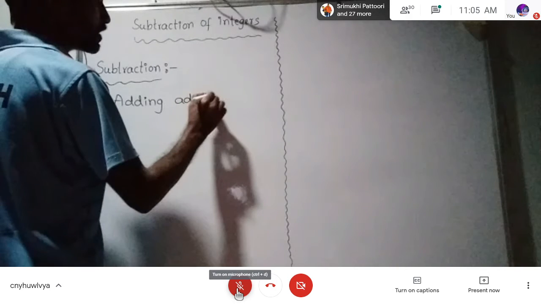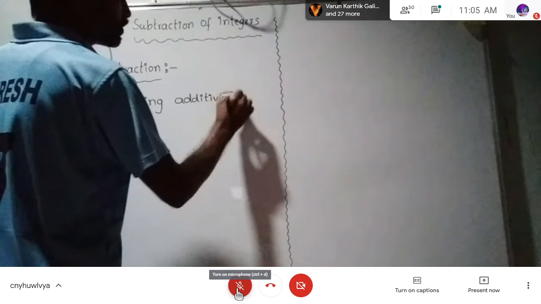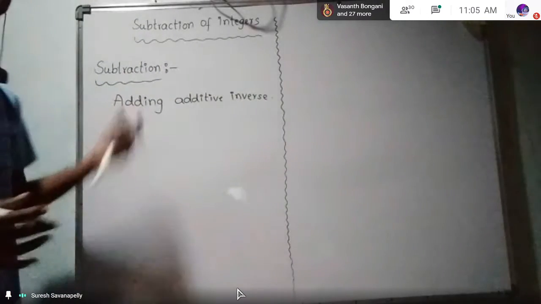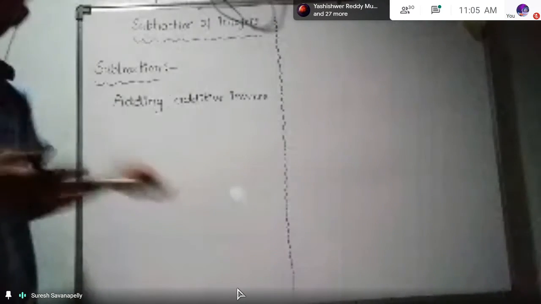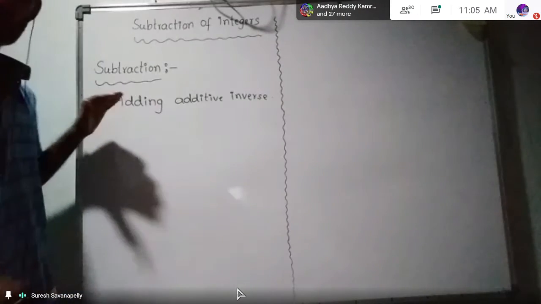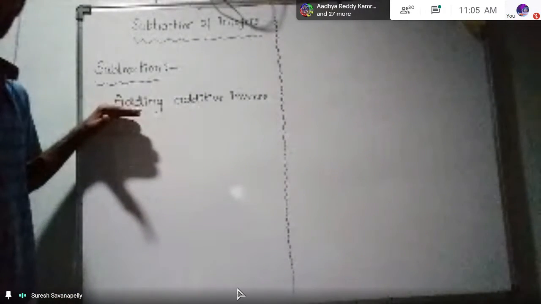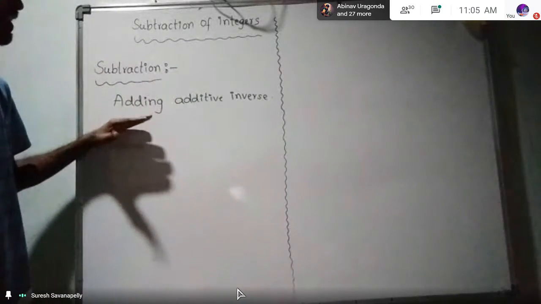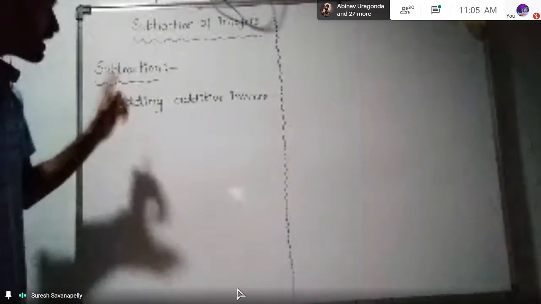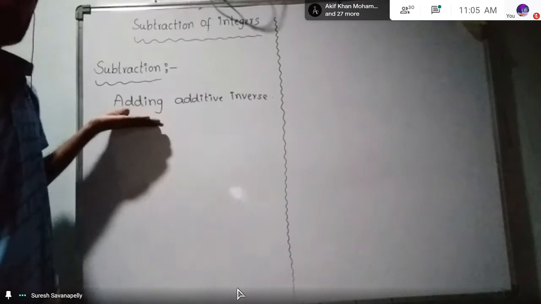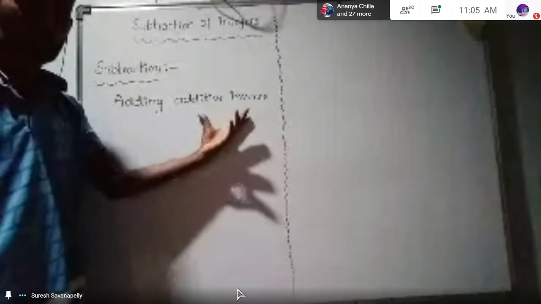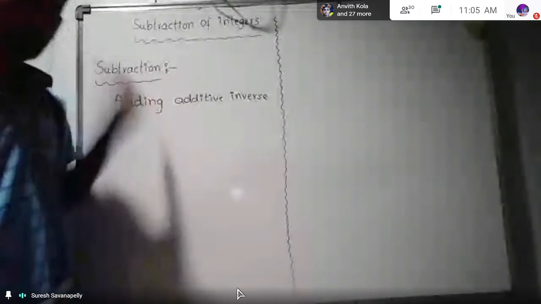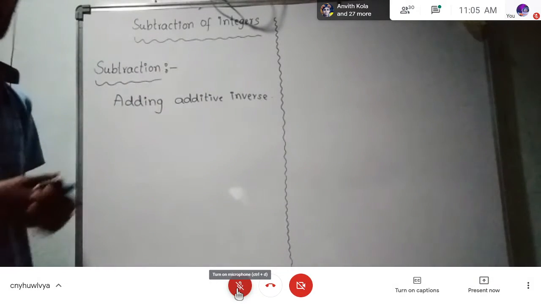If you say this definition to anyone, they will feel so happy about your great understanding of subtraction. What is subtraction? Simply removing. But mathematically, it is a beauty, another way of understanding subtraction, not just for integers. Subtraction means adding additive inverse. Adding additive inverse is called subtraction. That's all subtraction means.